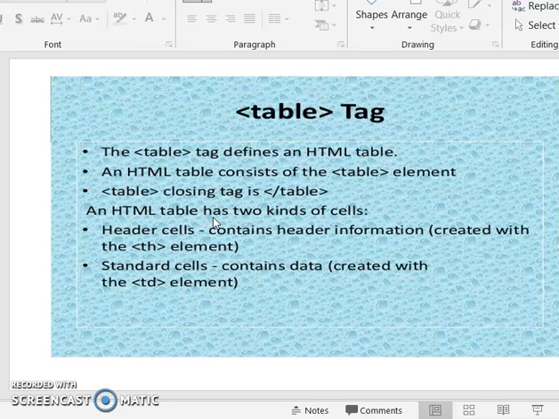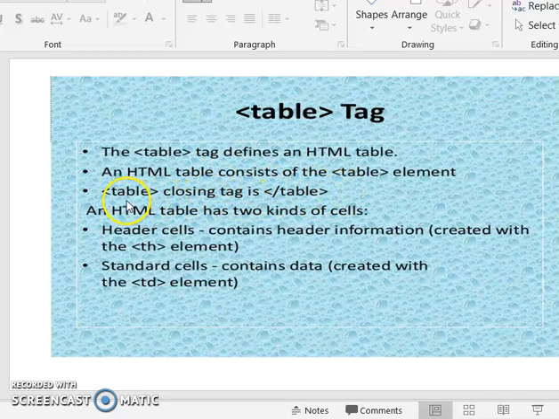So we use other tags to describe the rows and the contents. First, we can create a table using the table tag. The table tag defines an HTML table, and an HTML table consists of table elements.